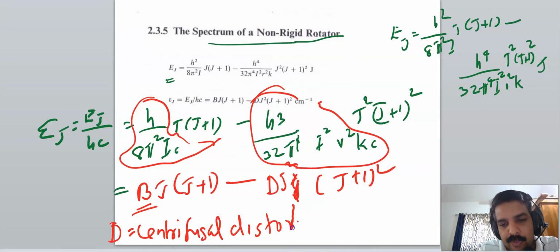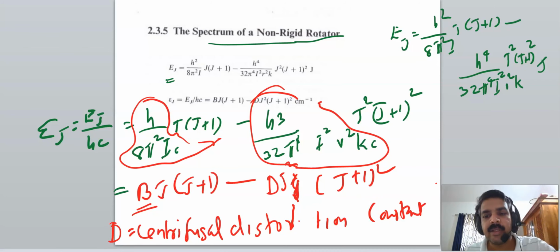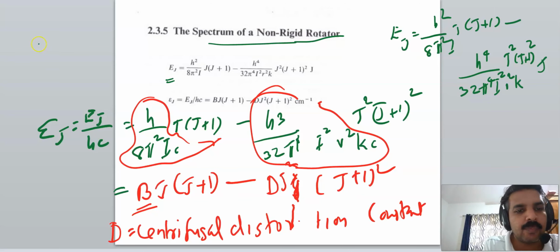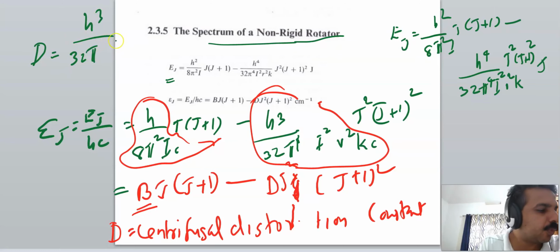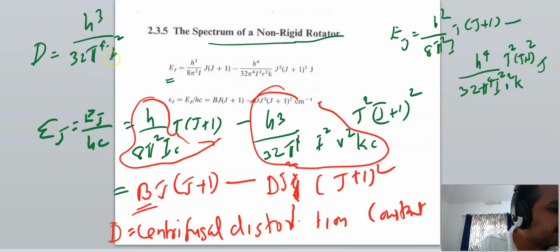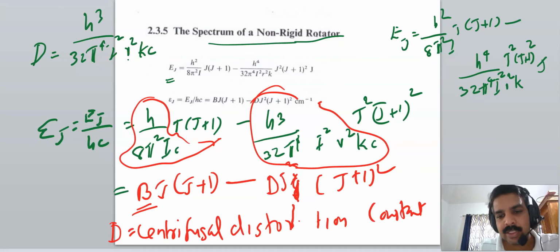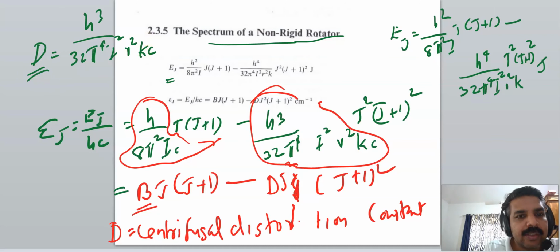Centrifugal distortion constant. From this equation we can see that D is equal to h cubed divided by 32 pi raised to 4 I square r square kc. And here, D decreases with the increase in k, where